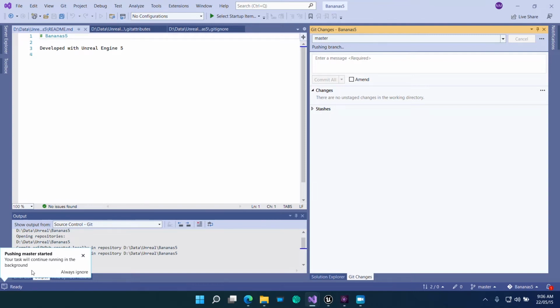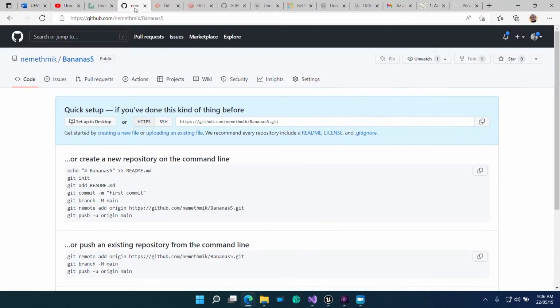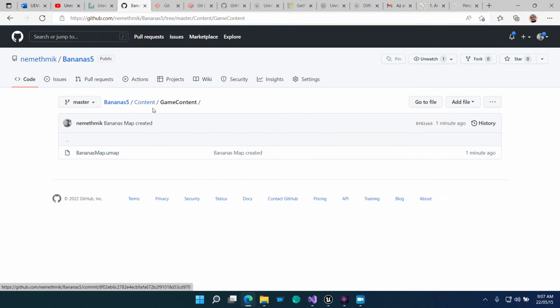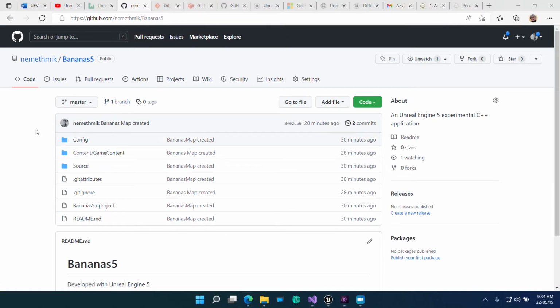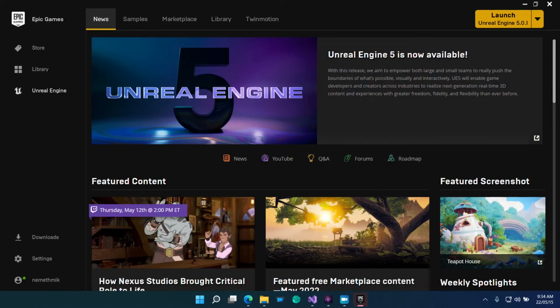Visual Studio starts a background process to upload our project files over to GitHub. When uploading is completed, visit the GitHub page and check if the files are there. Now, to make sure that our GitHub repo is clonable, quit Unreal Engine, close Visual Studio, and exit Epic Games